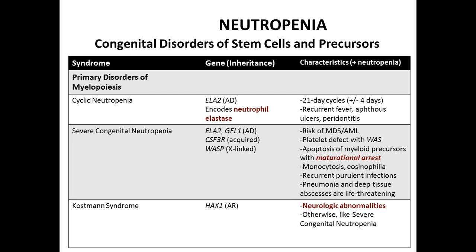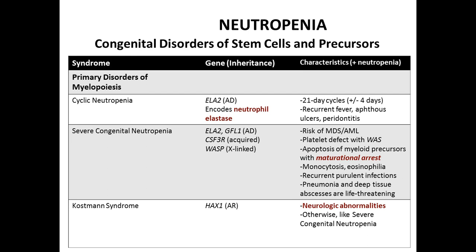So if you have even more severely damaged production of neutrophil elastase or other essential genes for neutrophil function and development, you end up with severe congenital neutropenia. So this represents quite a broader spectrum of disorders, more severe than cyclic neutropenia, and it doesn't get better. This can be associated with risk of myelodysplastic syndrome and AML, because the marrow is working hard to catch up. Because the disease is more severe, you're going to have more frequent and more severe infections.